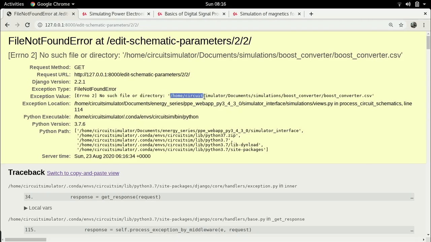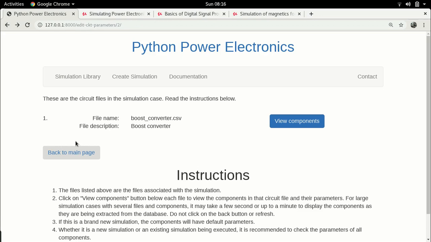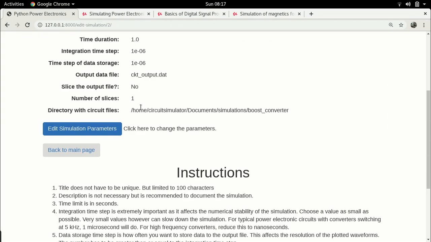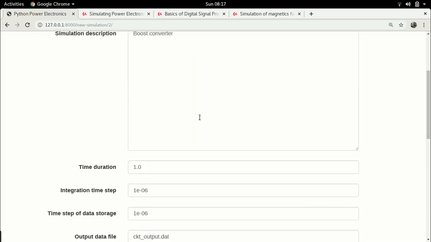It says home circuit simulator document simulations does not exist. This usually occurs when you move the simulation files, which is probably what I did, right? I have probably moved the simulation files from one folder to another. So all I have to do is go to edit circuit simulations, edit the simulation parameters and put